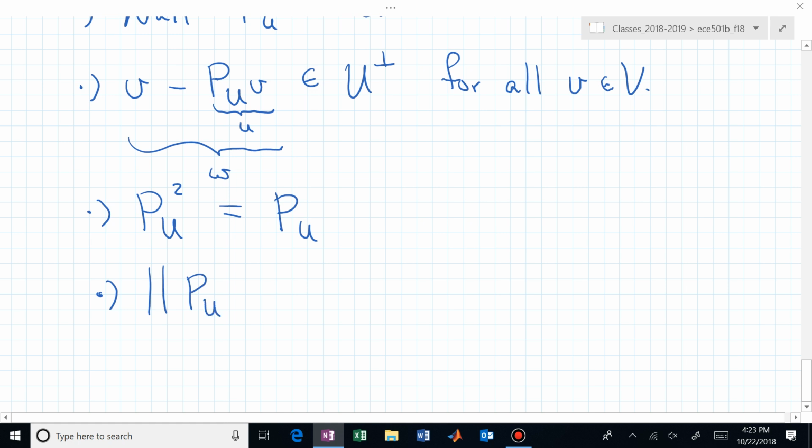Here, the norm of the projection of V onto U is less than or equal to the norm of V. And I think you can see that by,